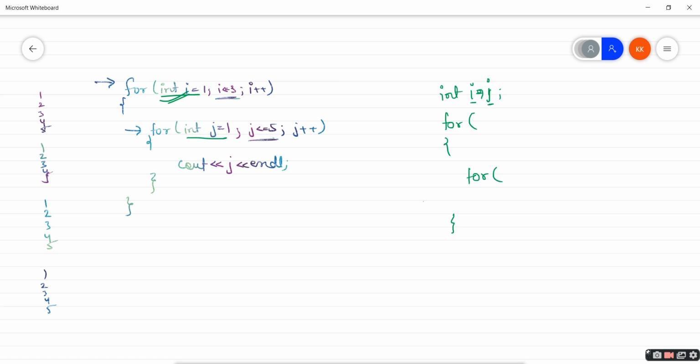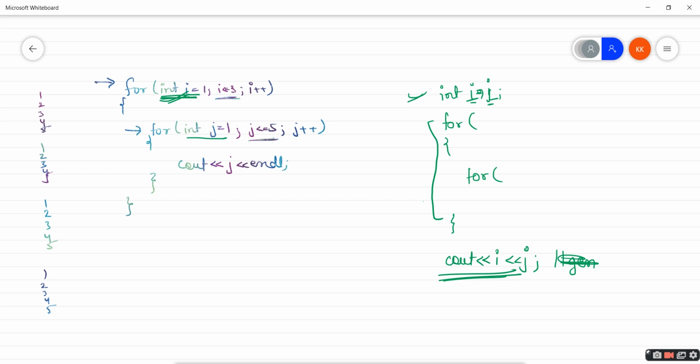But if I want to access i and j outside this for loop, let's say to show the last value of i or j, this line of code will generate an error if I have declared the variable inside the for loop. But for this one it is going to execute and doesn't show any error.